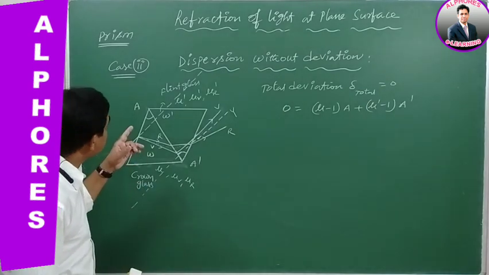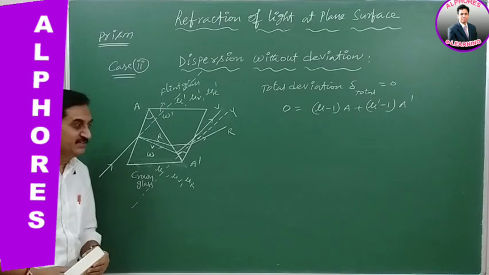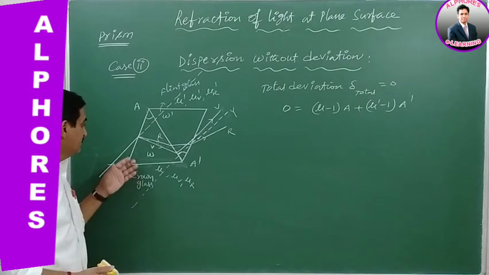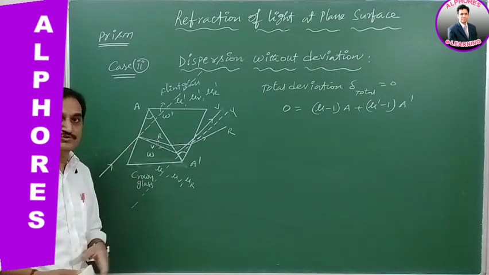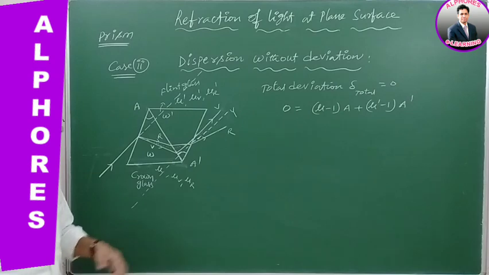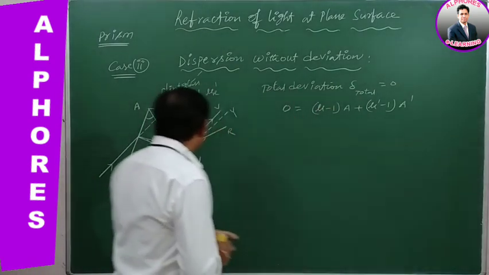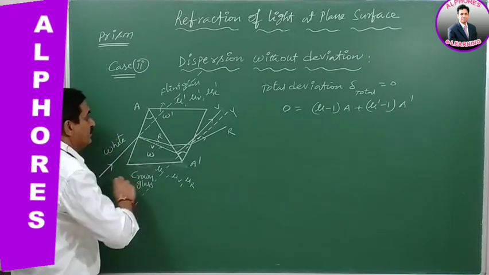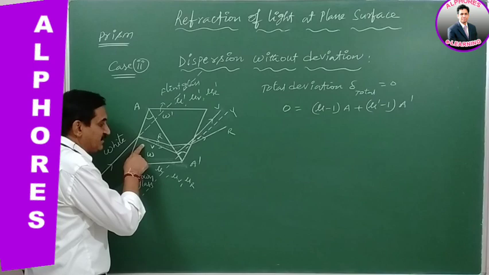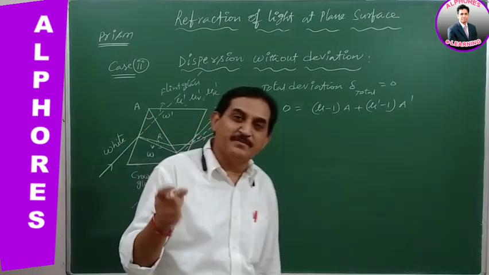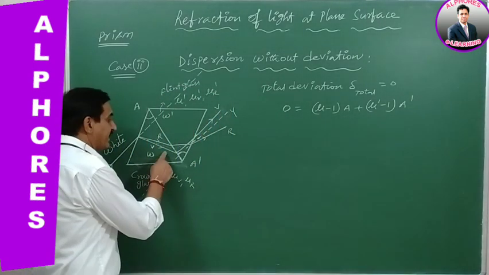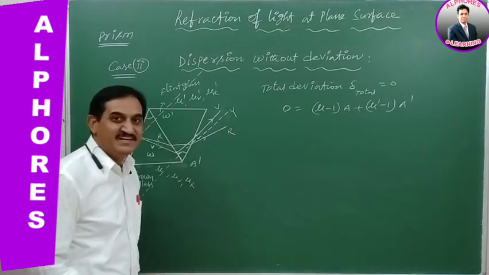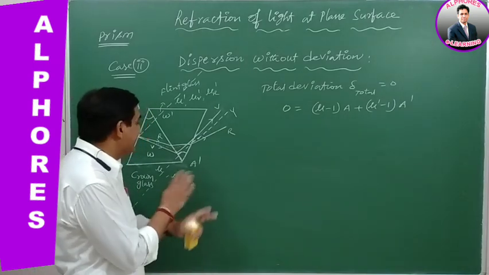So in this case, dispersion without deviation. Here the total deviation suffered by the light, whenever the light is refracted through this combination, is 0. How is it 0? White light is incident on it. After refraction, the first prism gives the dispersion of light, split up into 7 colors, and again